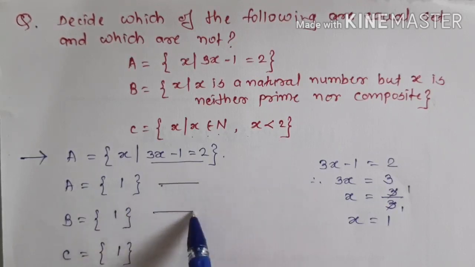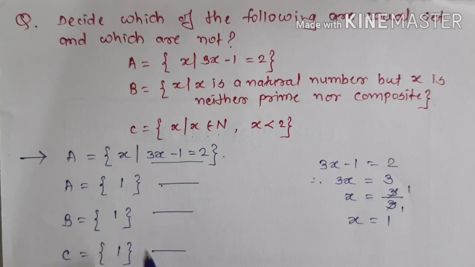As we can observe, these three sets have only one element, and that is common. So from these three we can conclude that set A is equal to set B is equal to set C. That means all of these three sets are equal, as they have only one and the same element, or the elements of these sets are identical.